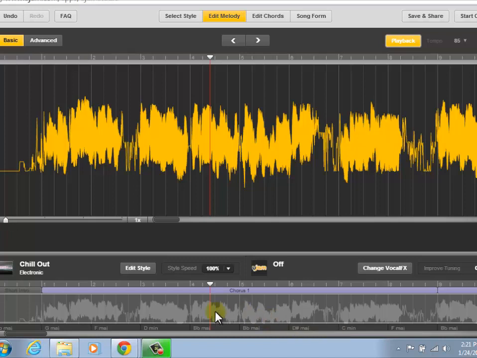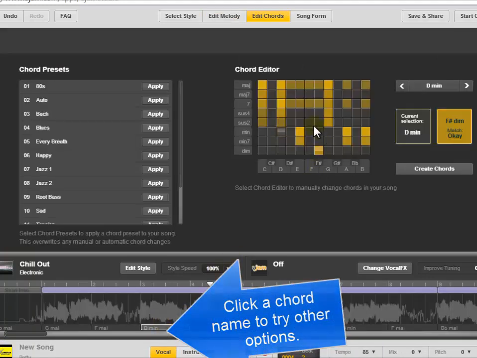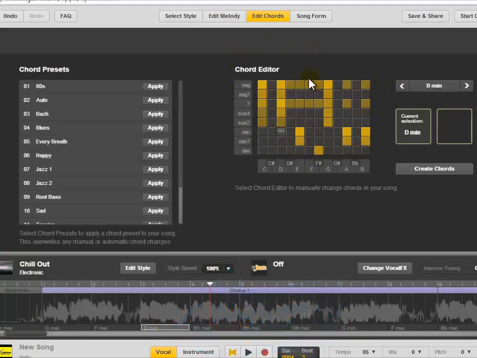choice, and you can actually click on these chords. If I click on that D minor, for example, it brings up this chord editor, and I can change that to any variety of things. This color here indicates that it's a good match. I could change it, but for right now, especially in this example, I'm just going to leave all the chords